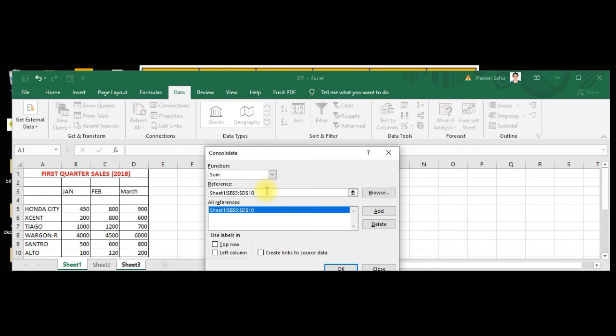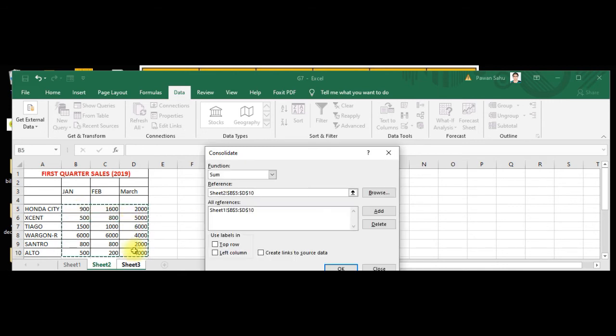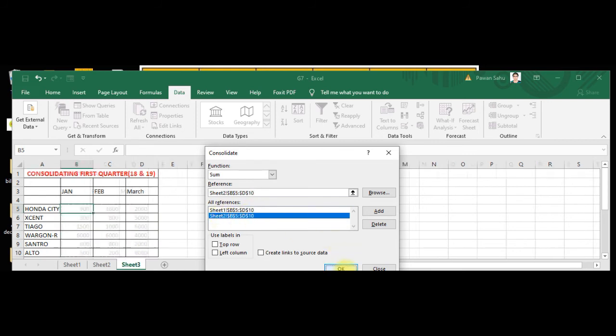Now again click here, delete this, click on sheet 2, and select the data that you want to add. Click Add. So we have the data that we want from sheet 1 and sheet 2 in sheet 3. Click OK.